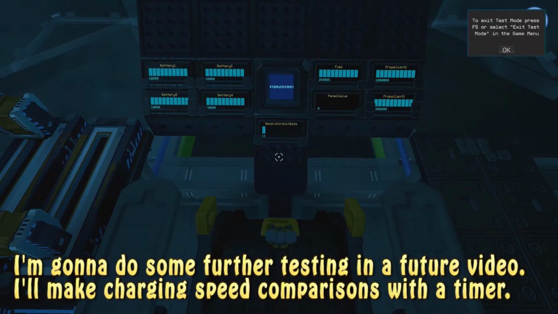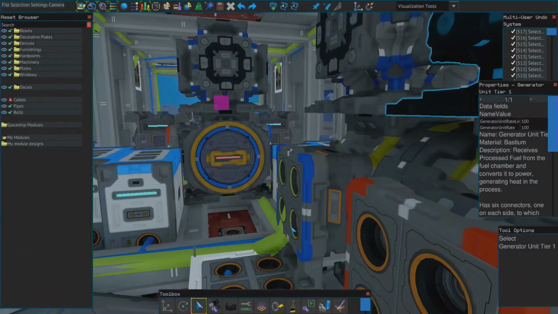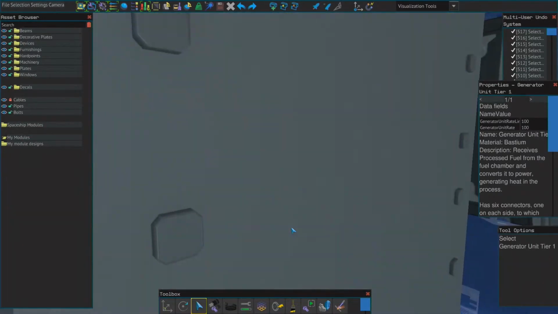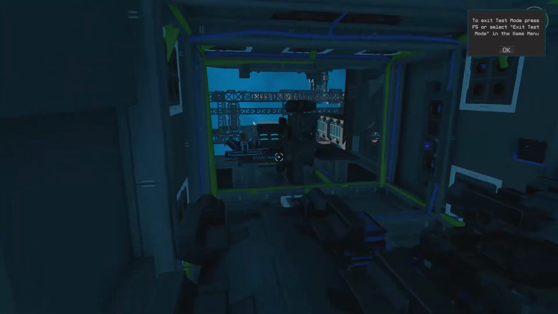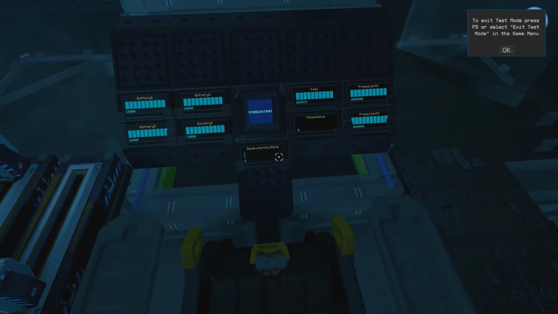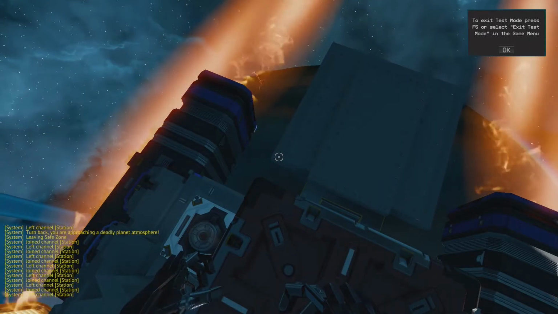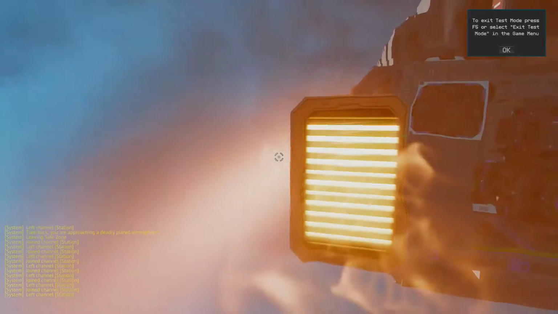Okay, let's see if this made a difference when it comes to power. Doesn't seem to be going up much faster. It's not helping that I added a new generator to it. I feel like it doesn't make a difference. It has the amount of power that it needs to do it, so...